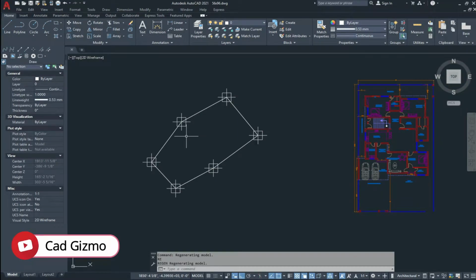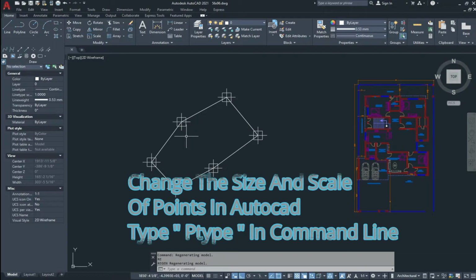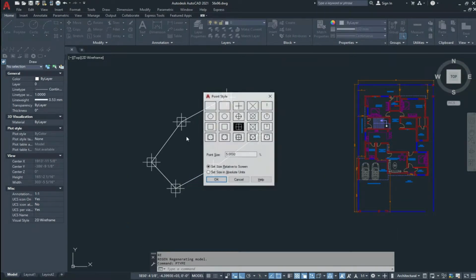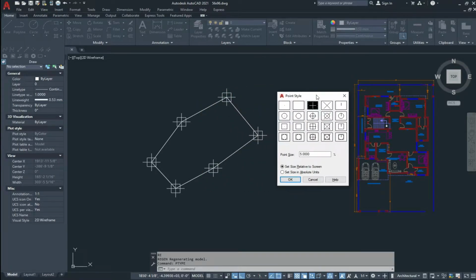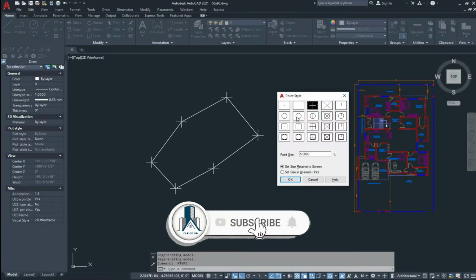Now if you want to change the size and scale, type DDPTYPE in the command line and press enter. In this way the Point Style dialog box opens. Here you can change the point style like this.